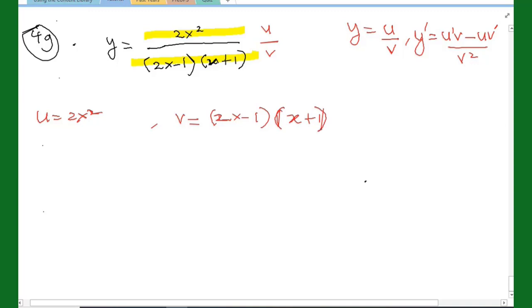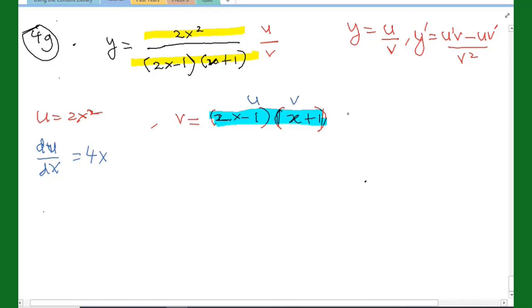Now this one is clear. This is du/dx for x, settle. This special one, you need to apply